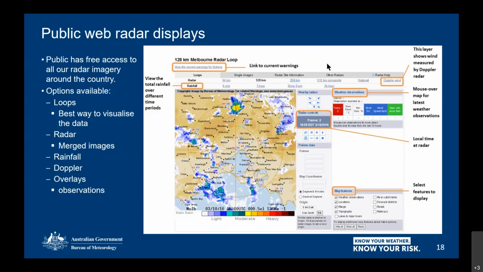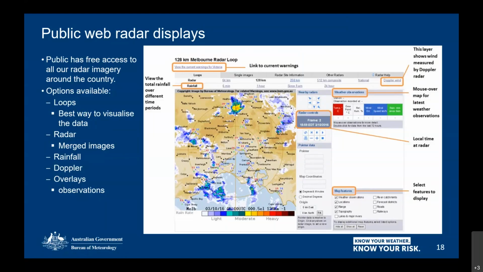Now, we also have the national image, so that's a great one to look at. You can actually also overlay the satellite imagery with that one. So that's a kind of nice little tool to use in conjunction. Then we have our Doppler wind at the very end there. Now, as Andrew just mentioned, that's showing us our wind, and I'll go into a little bit more detail shortly.